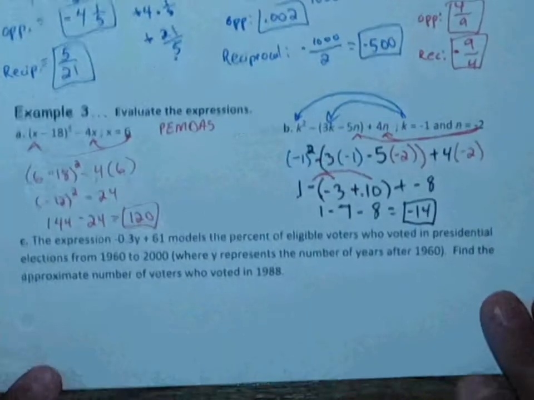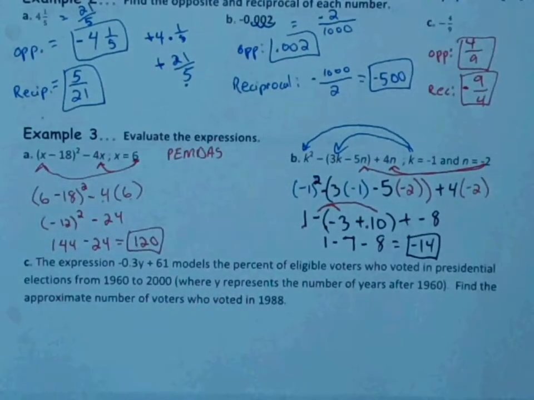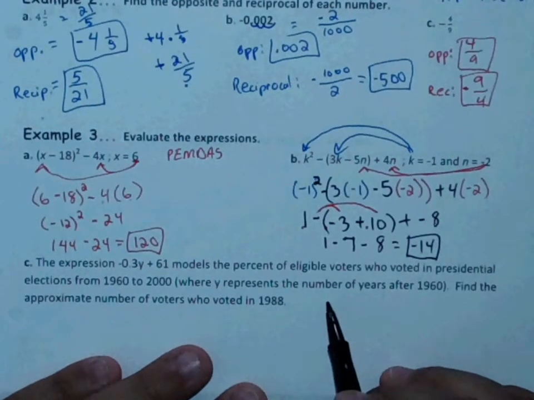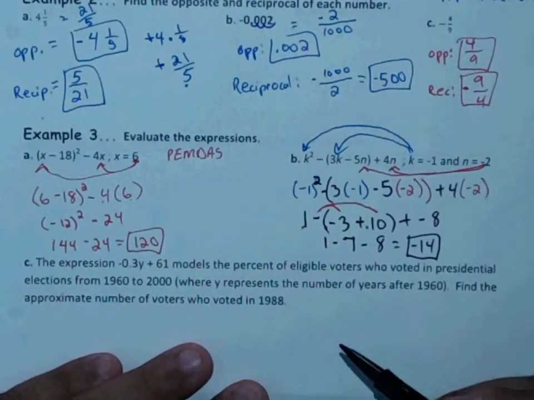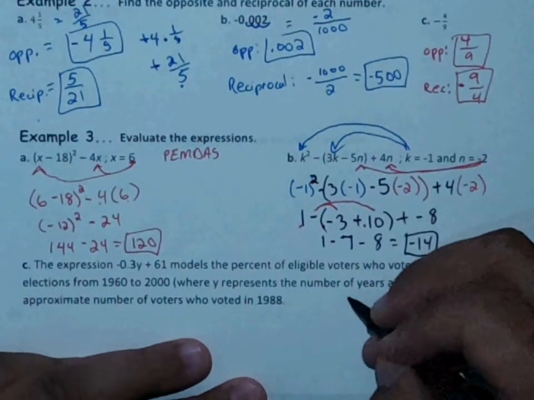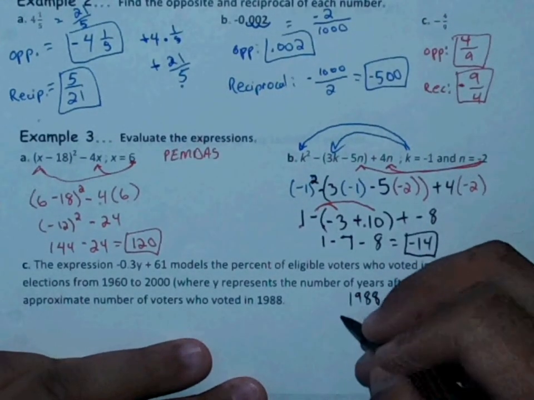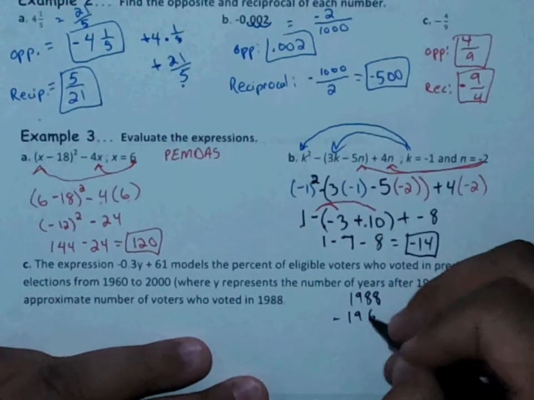Here we're looking at this in a word problem style situation. It says the expression negative 0.3y plus 61 models the percent of eligible voters who voted in presidential elections from 1960 to 2000, where y represents the number of years after 1960. Find the approximate number of voters who voted in 1988. So we know that y is the number of years, and we're looking for the approximate number of voters in 1988. So we have to find how many years passed from 1988 to 1960, which is 28 years,